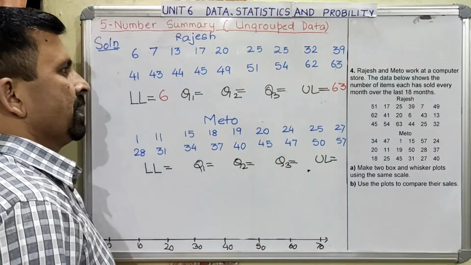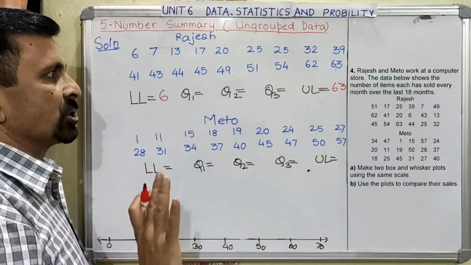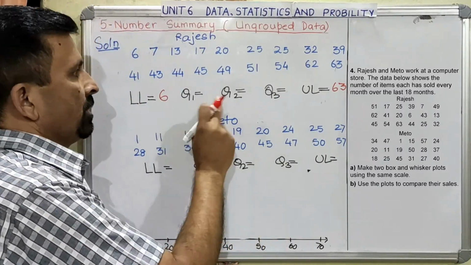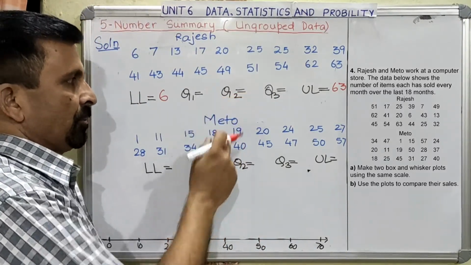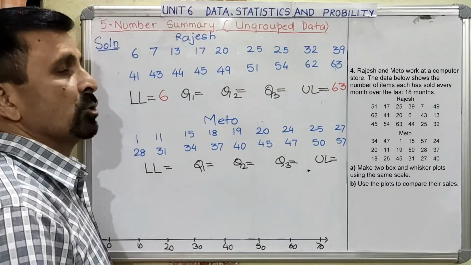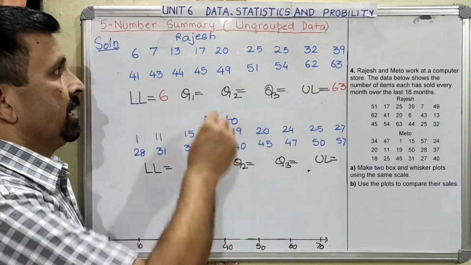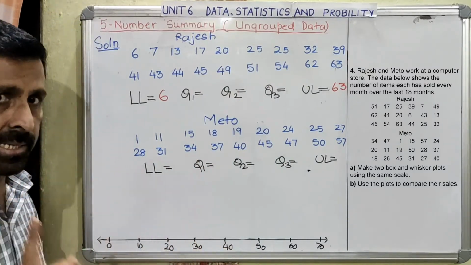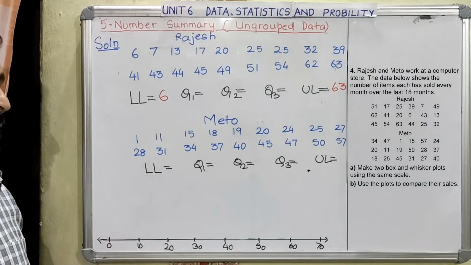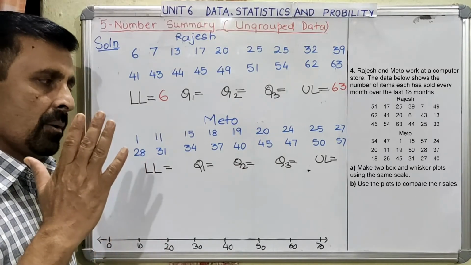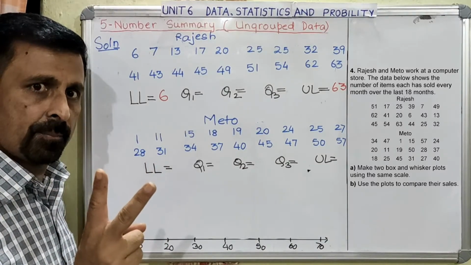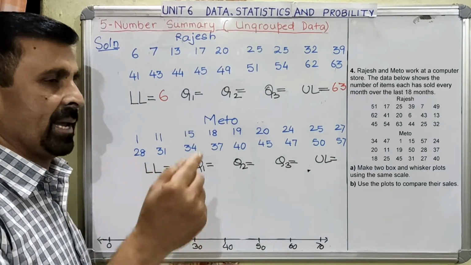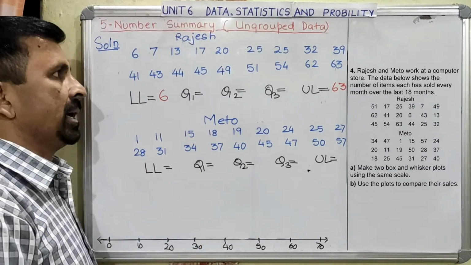Is this okay? Now Q1, Q2 and Q3, we will try to calculate verbally. To calculate, first of all we will go for Q2. For calculating Q2 we need to know the total number of data, right? And the total number of data is 18. Is this okay? So there will be two positions, right? The first position will be 18 divided by 2, the 9th, right?